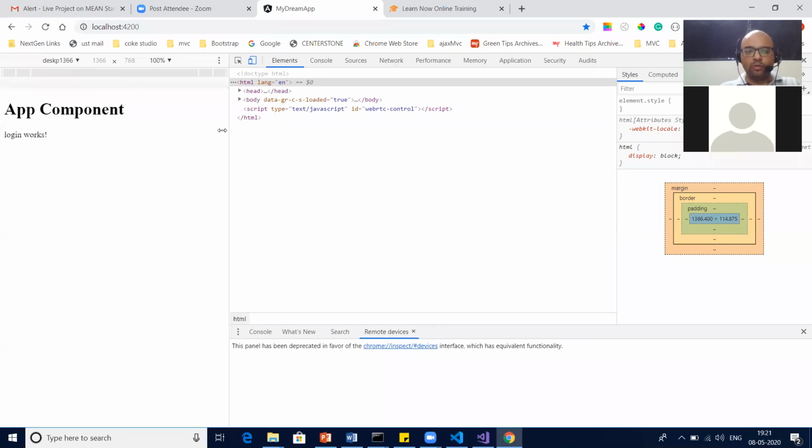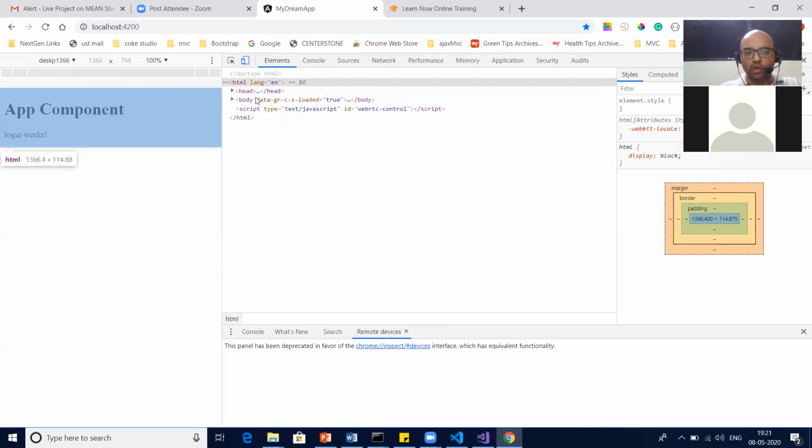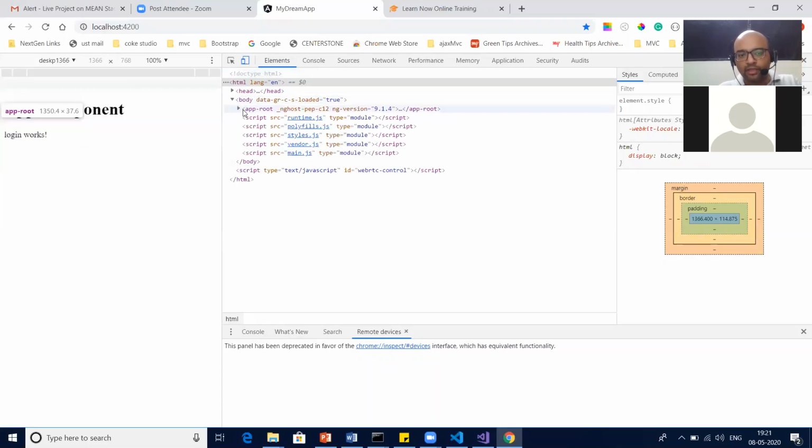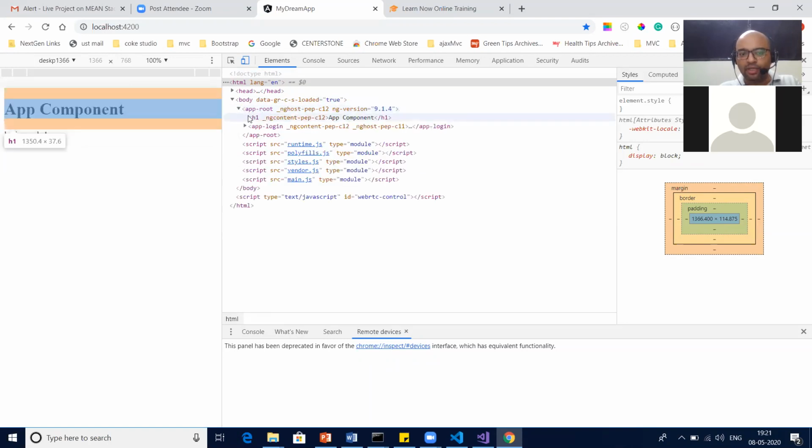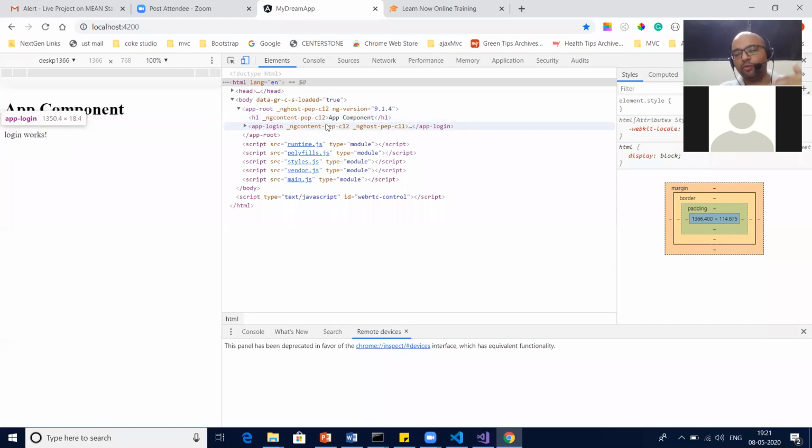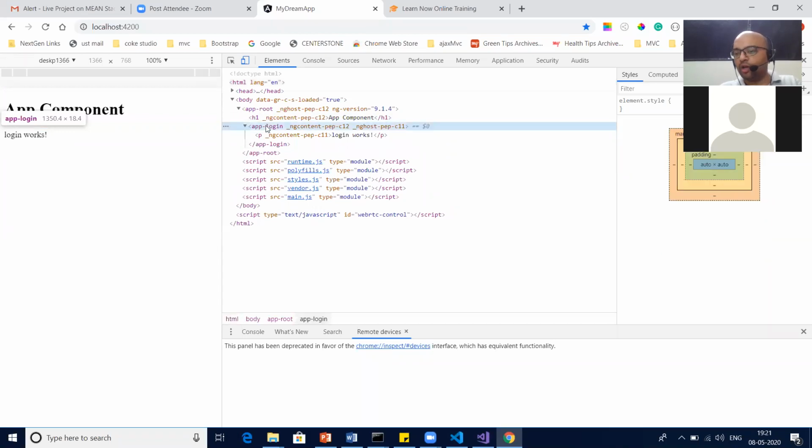In the console, you can check your DOM. This is your HTML structure which got loaded in your browser. We call it DOM also, document object model. If you open it, you can see app-root. In app-root, you can see the h1 tag in which we put app component, and then you can see app-login also.